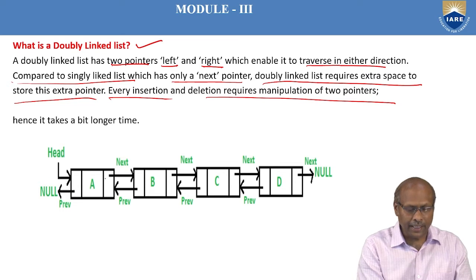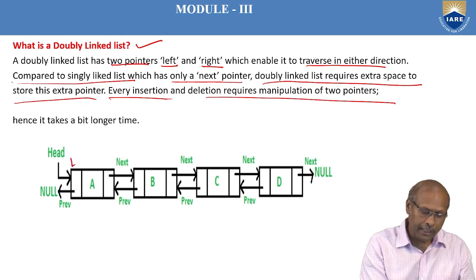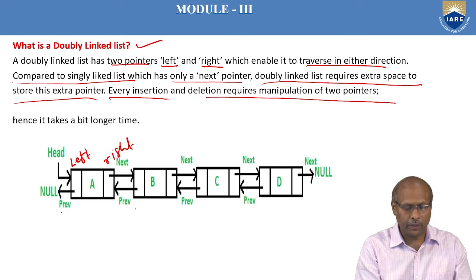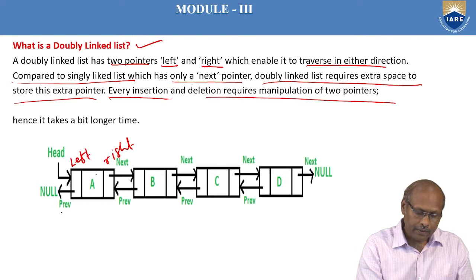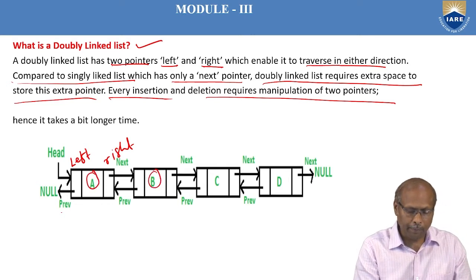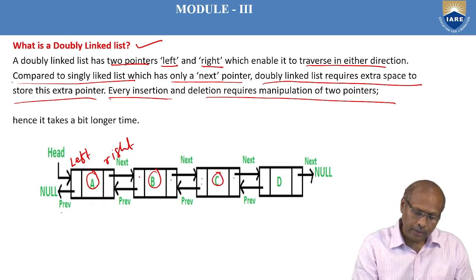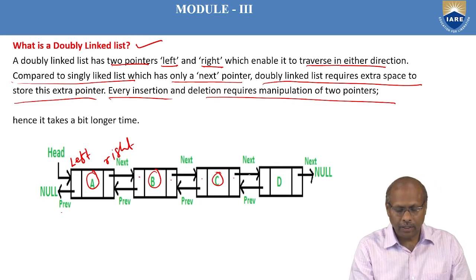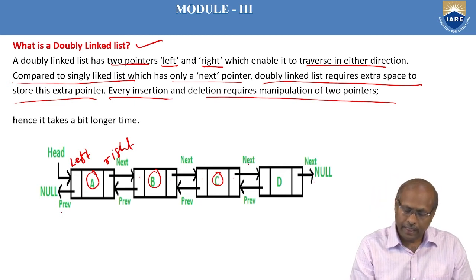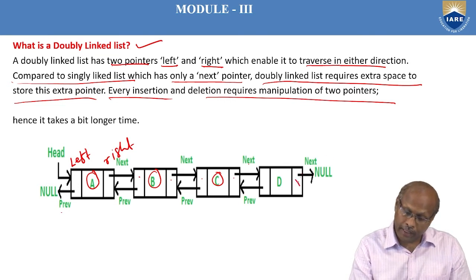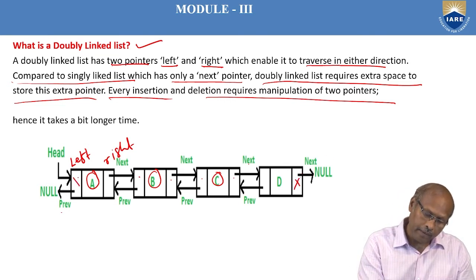So a double linked list is represented like this. In every node, you will have a left pointer as well as a right pointer. Or you can say previous pointer and next pointer. Previous will be pointing to the previous node and the next will point to the next node. This is the data part, this is left and right. So in every node, you will have two pointers. Sometimes we'll say previous, sometimes we'll say left. Or sometimes we'll say next, or sometimes we'll say right. And the last node's right pointer will be null. And the first node's left will be null.